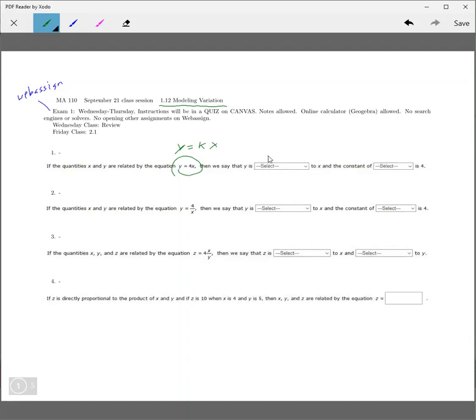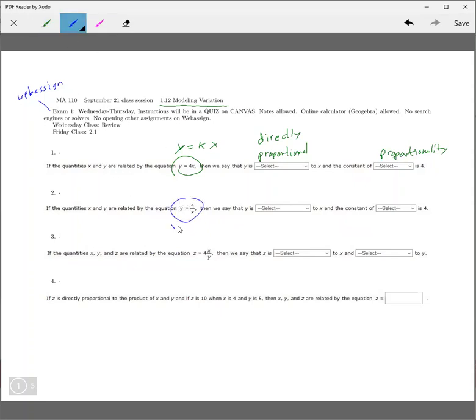We say that y is proportional. Proportional would be the answer there. So when y equals kx, then y is proportional to x, and the constant of proportionality is 4. This is directly proportional. Okay, here in the second one, we have y equals 4